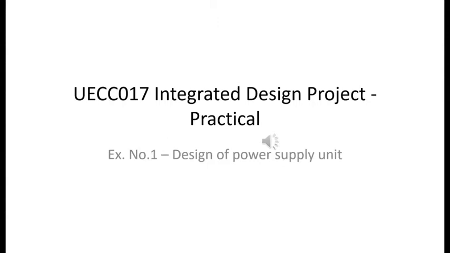The input will be an alternating source, AC, and the output will be a DC one. The various applications of this power supply unit are in the various areas wherever we need a stable and constant power supply. For most electronic circuits, in various applications, wherever we need a stable and constant DC, that is possible by means of this power supply unit.